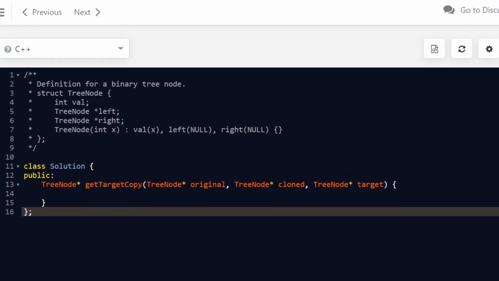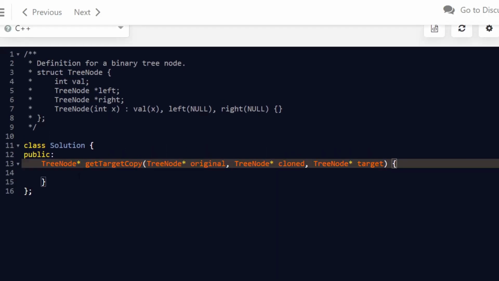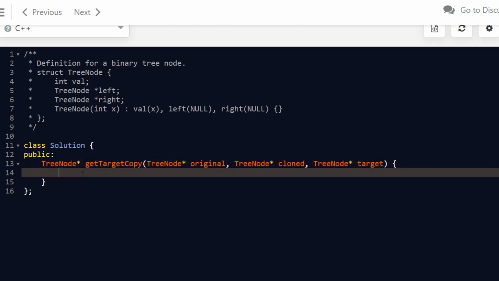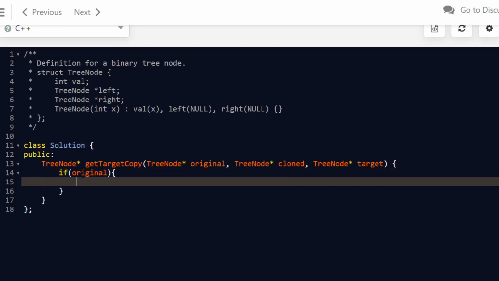First I will write it in C++. We don't need any extra functions. We will just do it. If original is there, then if original is equal to target, return cloned.